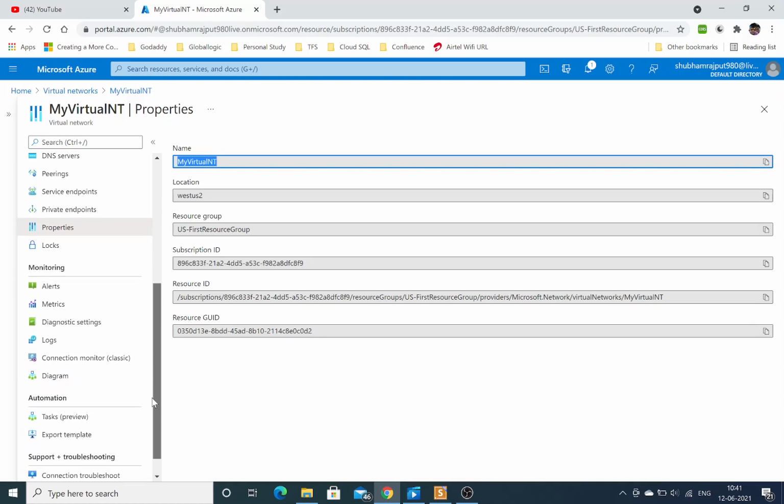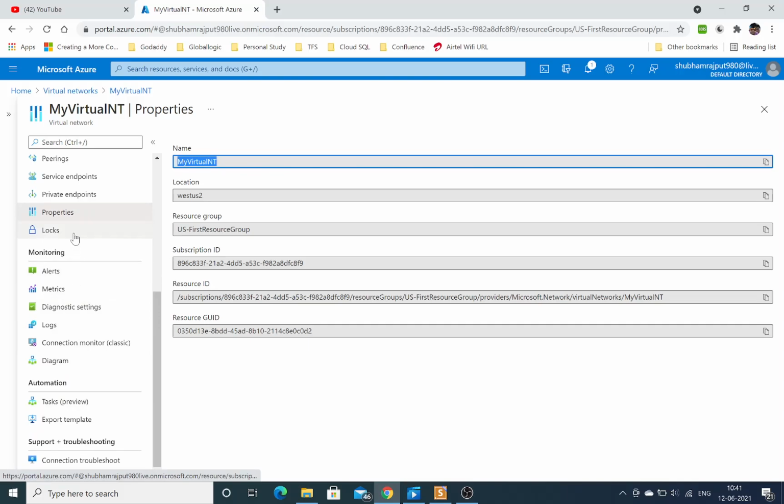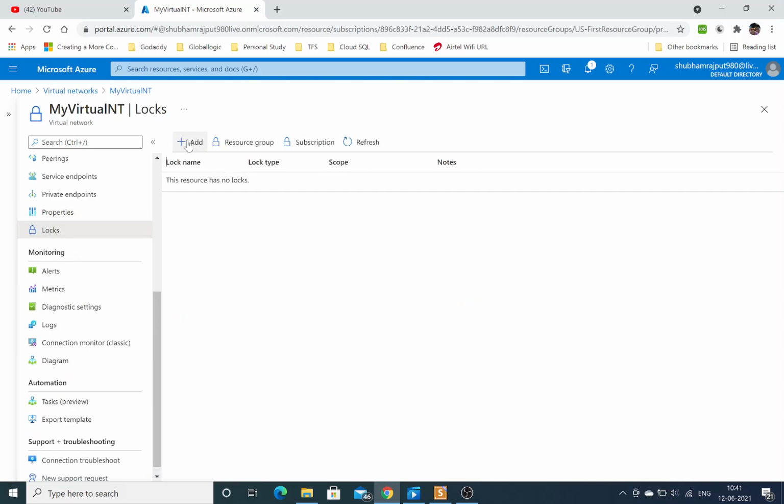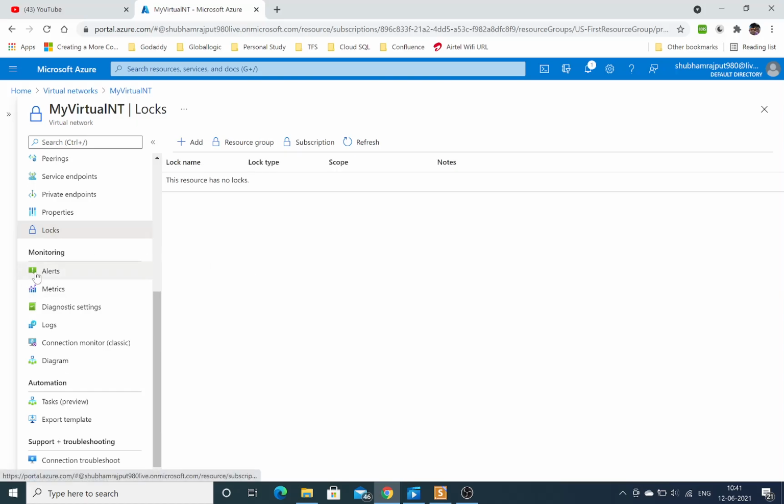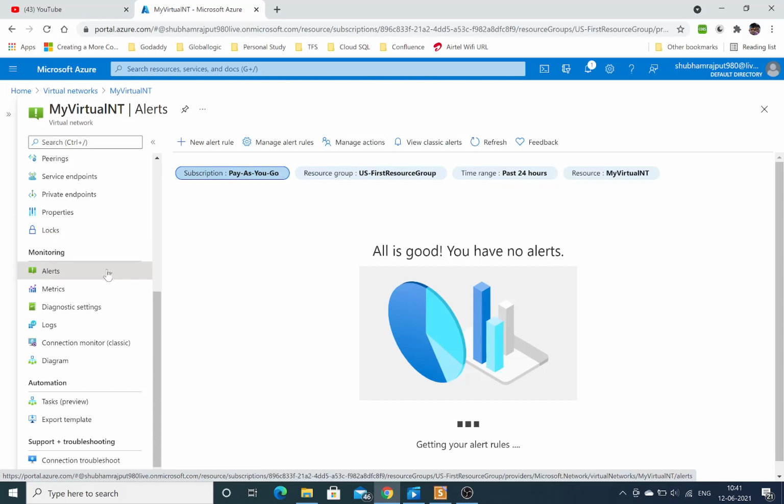Then you come into monitoring, you can log it also. You can provide the log name and you can provide the delete option, so that by default it will not be allowed to delete, only an eligible user with specific permission is allowed. Alert, you can configure the alert.